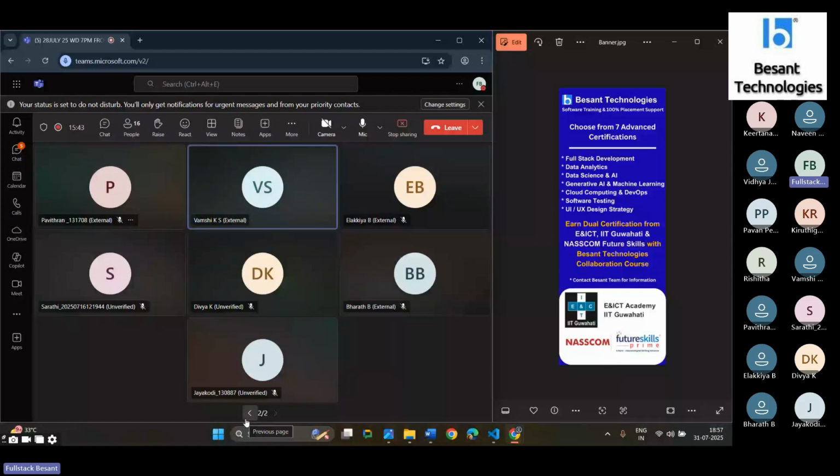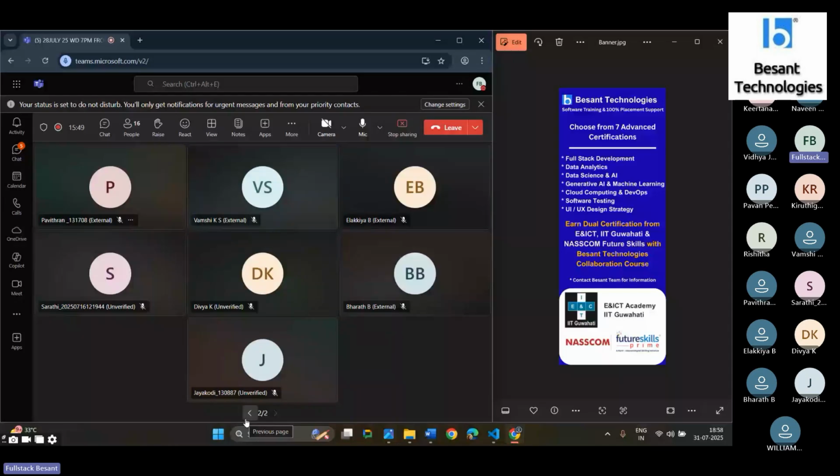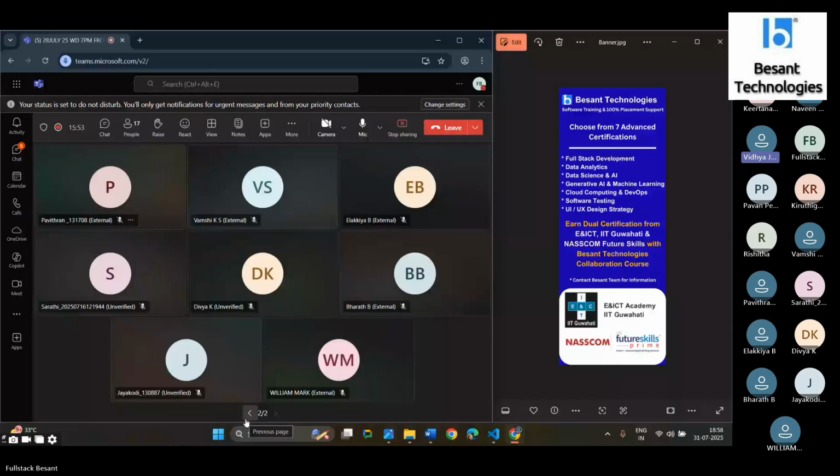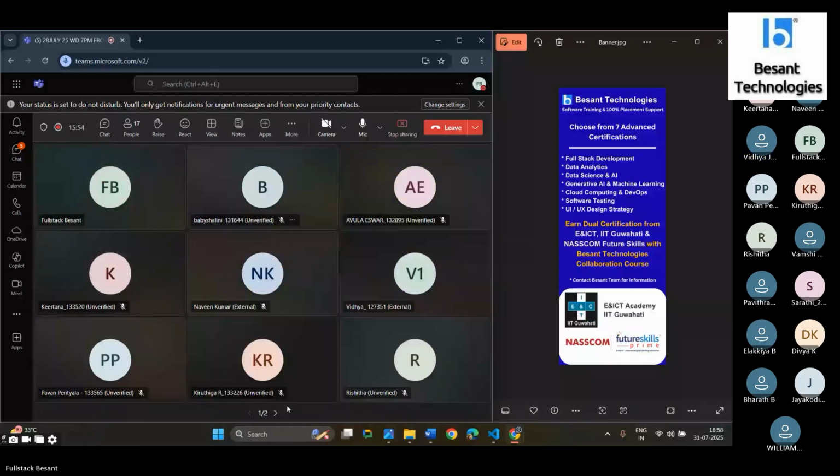Without the JavaScript, if you want to make some validation by using HTML, how can we add the validation? We need to use pattern for validation. Okay. Then if it is an empty field and the user tries to submit a form, a pop-up message will have to come. For that,